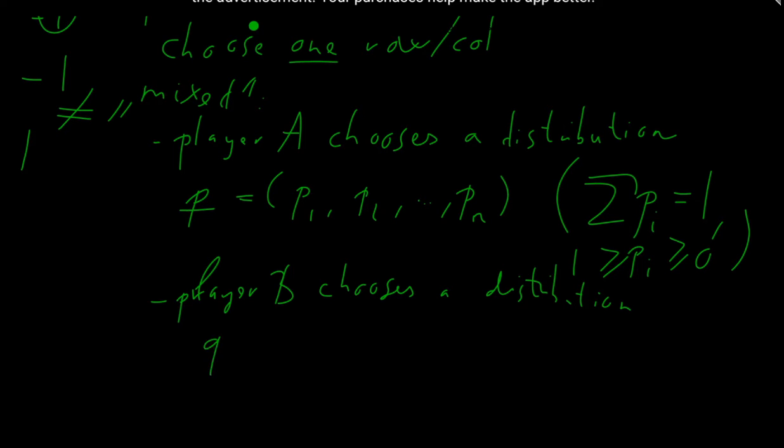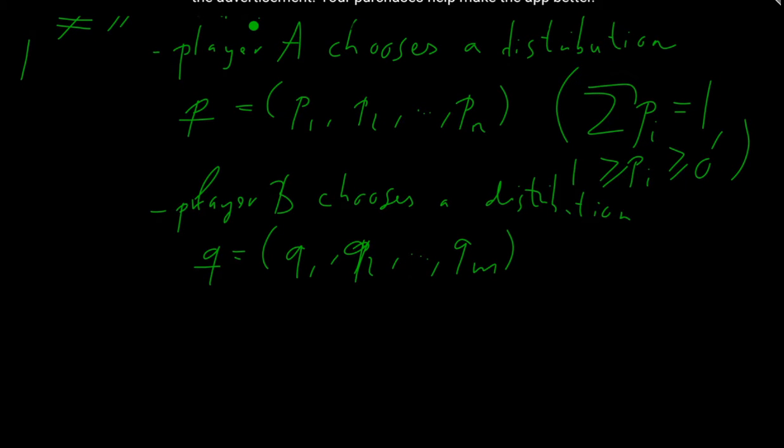Now the distributions are chosen again independently at the same time, Q2, so they don't know the other player's distribution. And again, of course, the sum of the Q's is 1 and each Q is non-negative. Now if player A picks row i with a probability of Pi, and player B picks the jth column with a probability of Qj, then it can be shown that the expected value of the game